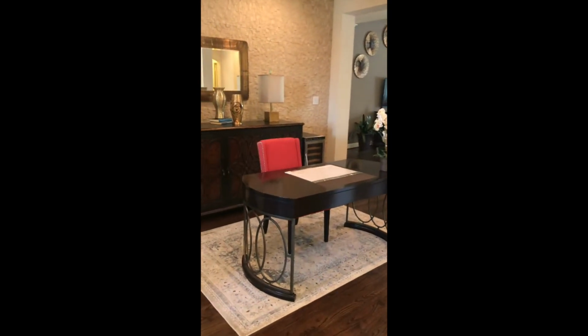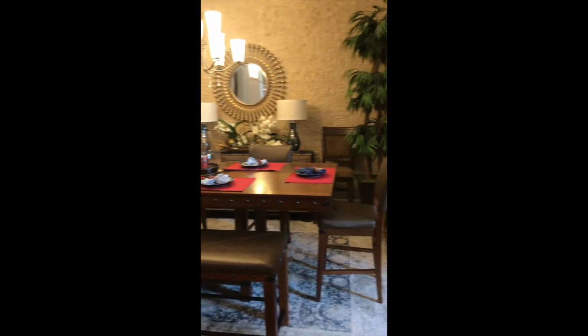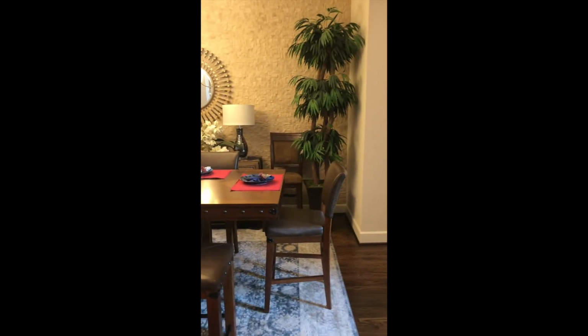This was a model home at one point, built by David Weekley. It's got beautiful hardwood floors. So immediately when you enter, you can see it's just a huge open space. You've got a desk area over here, small little nook over here, right? Very open flow. This is your dining room here when you first enter. It's a really fun